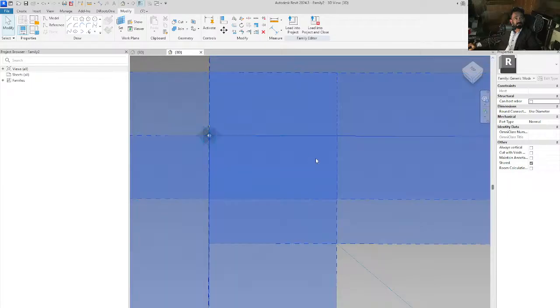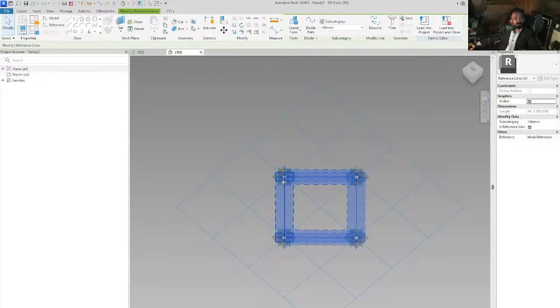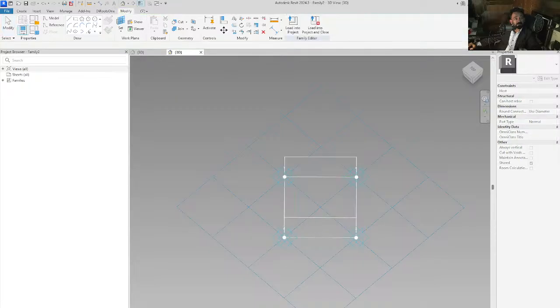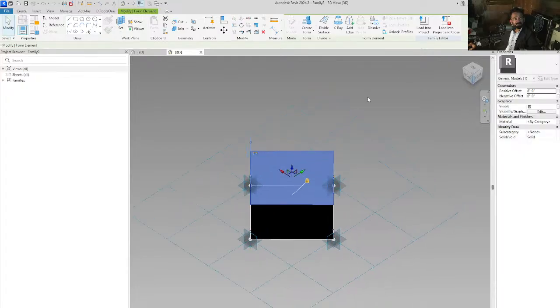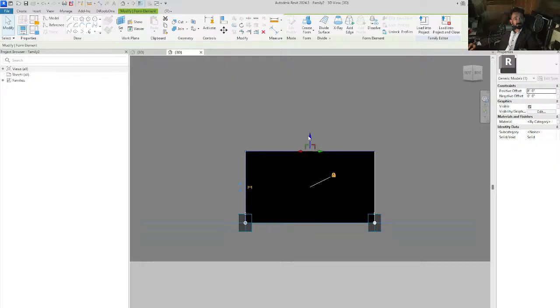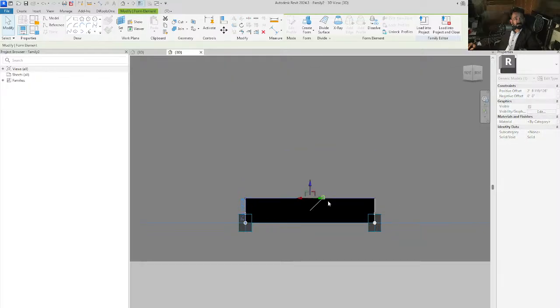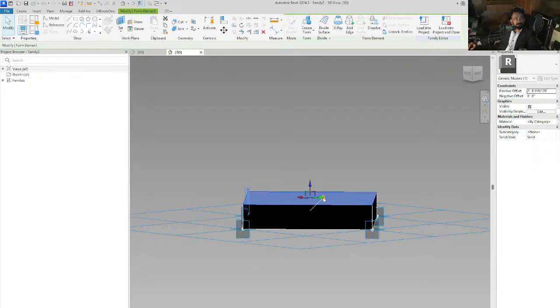I can select these 4 sides together without pressing any key, and then if I want to extrude something, I will give 2 sides, which is either this or this. I will select this extrusion side. This is actually to use the mirror, and then I will pull up and unlock this face. By just clicking on it, I can unlock this face. So if I click on this side,